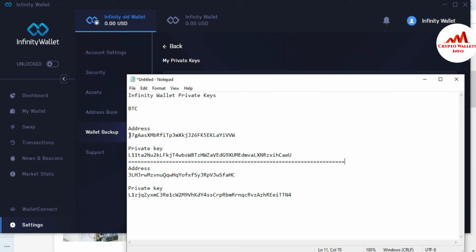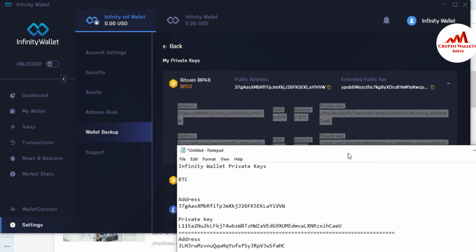separate. You can see here, this is my wallet address, and this is my private key of wallet number one, and for the second wallet, this is my wallet address, and this is my private key. If I cross-check, I want to see whether I have saved it successfully, I mean correctly, or not.